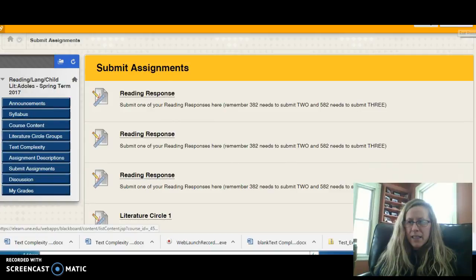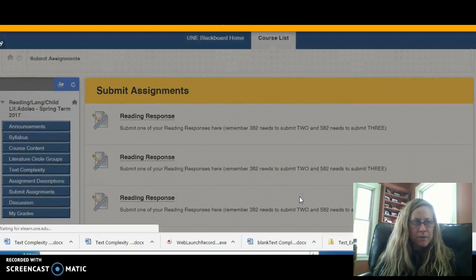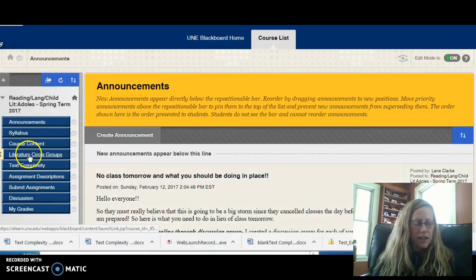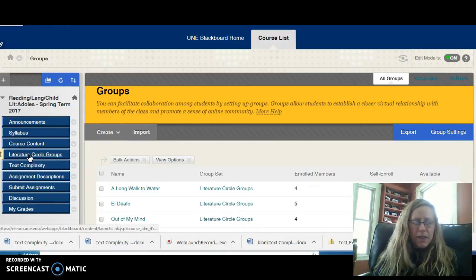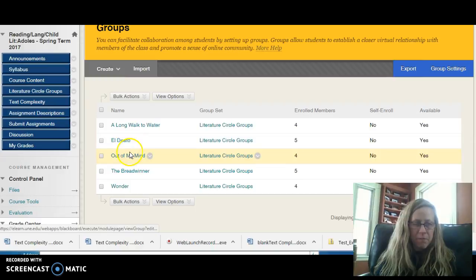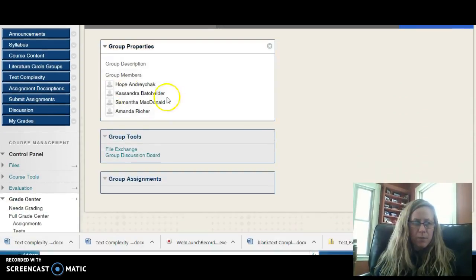I'm going to exit this preview so I can share with you really quickly about the literature circle, because you will see the one that you're signed up for. So if you click on Literature Circle Group, now you're going to see my screen here, but your screen should just have the name of the group. You can see I'm going to be able to see all of them, but let's say your group is Long Walk to Water. You're going to click on it, you see the other people in your group, and then go to Group